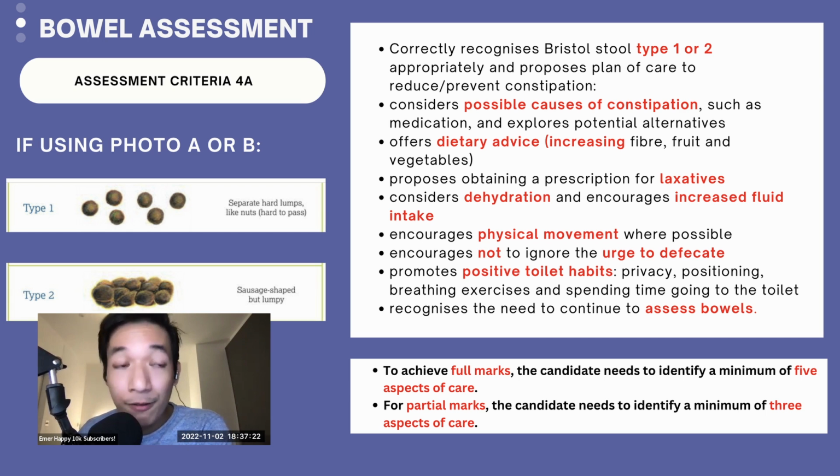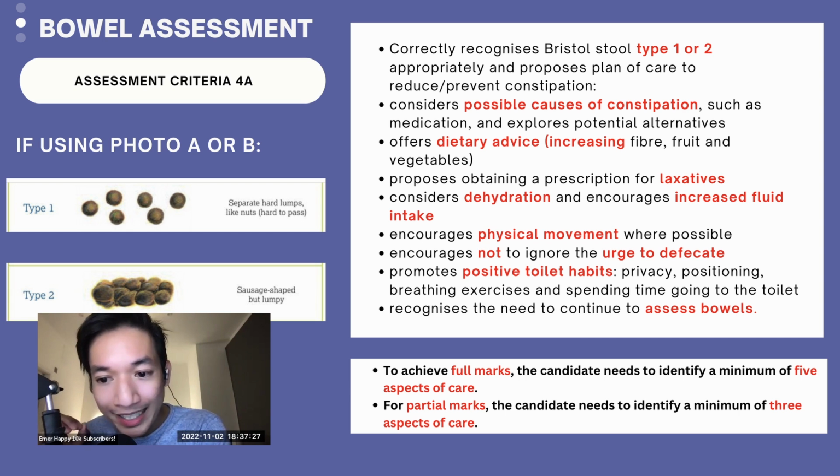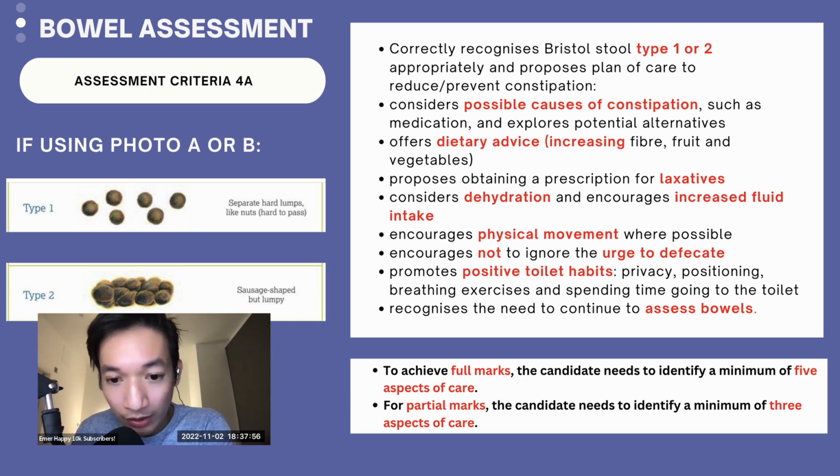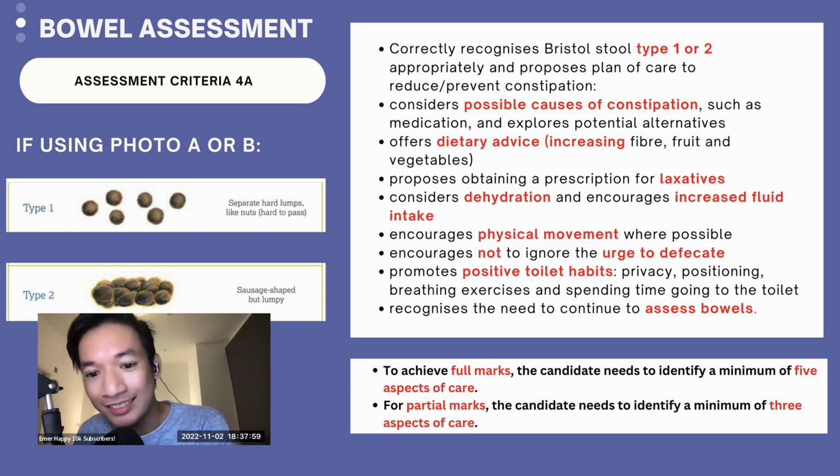According to the marking criteria, for you to pass this particular examination or station, you have to identify 5 aspects of care. So from the things listed above, except the first one, you have to identify 5 relevant. Okay, if you think about it, all listed are relevant. And if you want a partial mark only or a partial pass, which is equivalent to a fail, that is 3. Okay, if you've only written 3 out of the following listed on your screen, you might fail the examination. Of course, write everything you can.